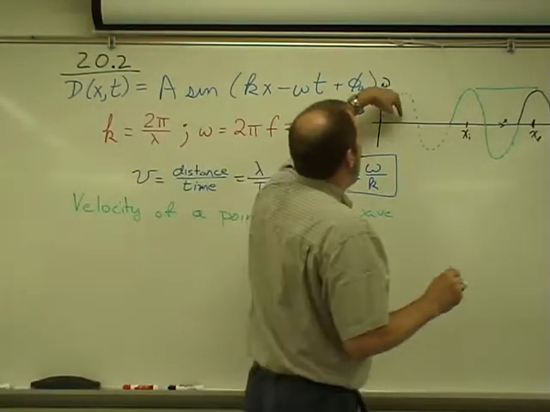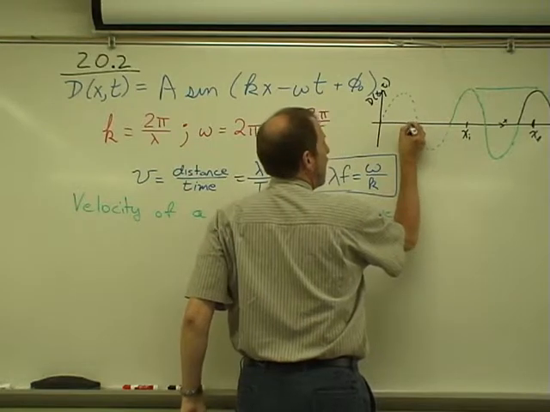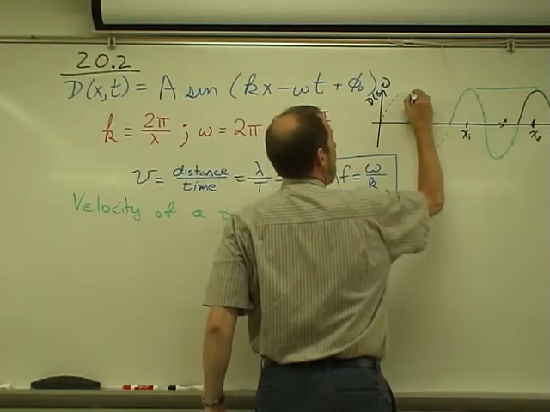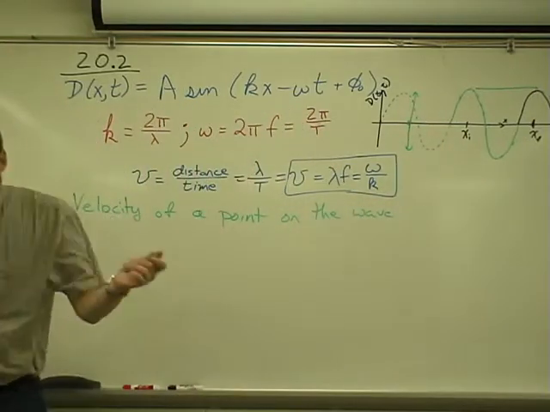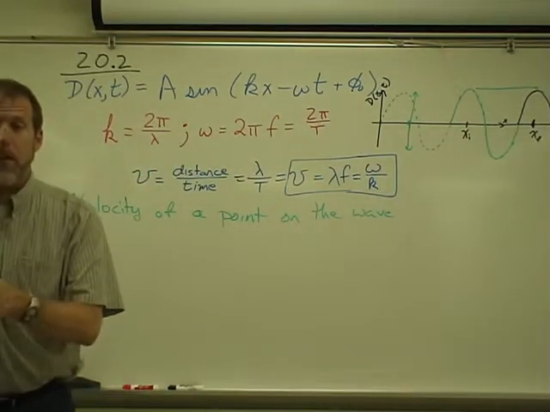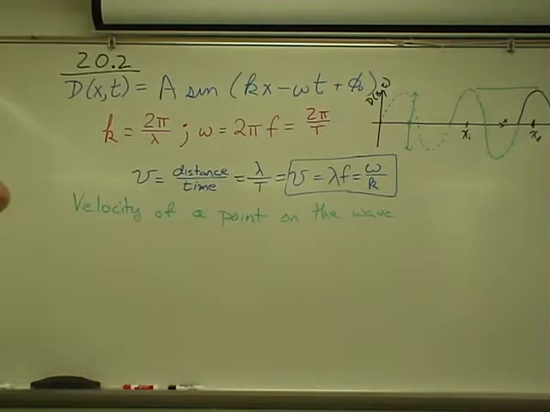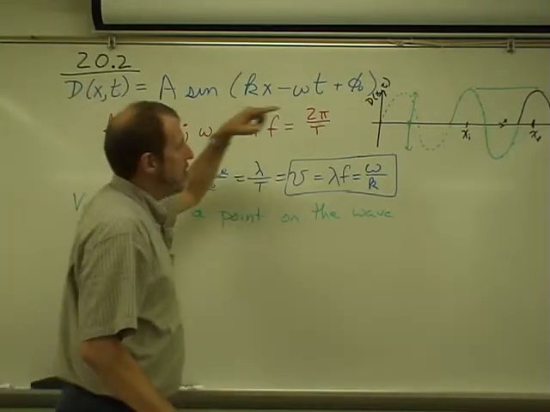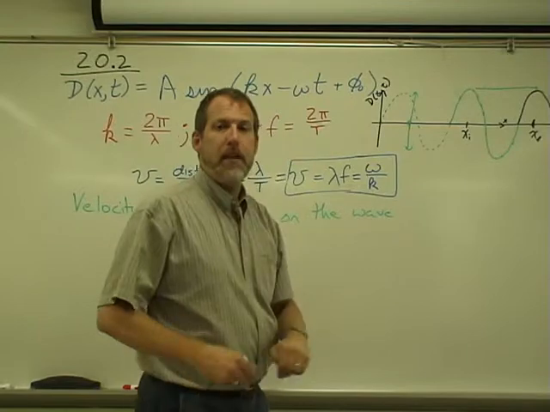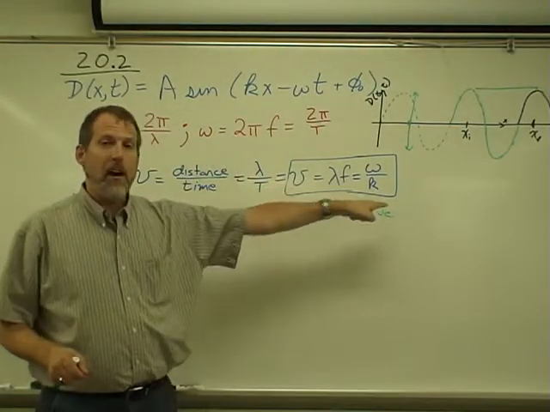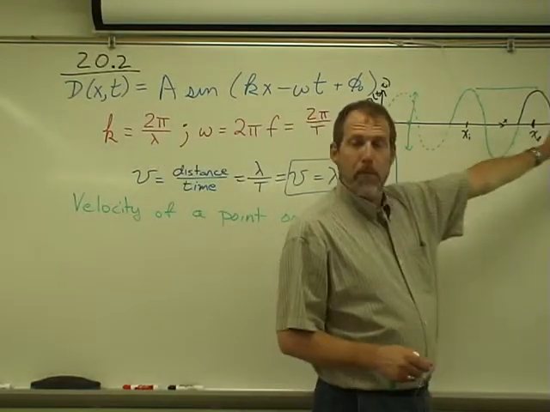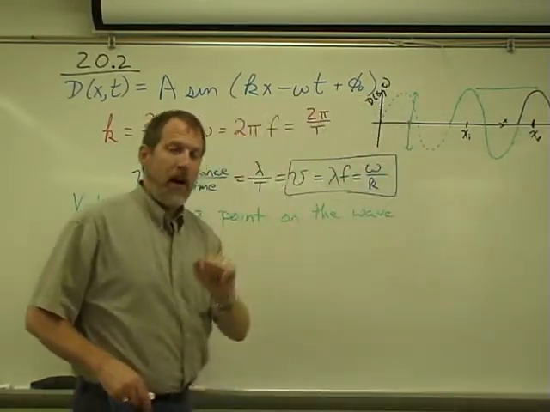For example, a point in this material here, as the wave moves, this happens to be, say, a string, and I've got a wave traveling through a string. Then what I'm going to have happen is that piece of the string will be moving up and down. And it will not be moving up and down with the speed of the wave itself. That motion is toward positive infinity. To find that out,